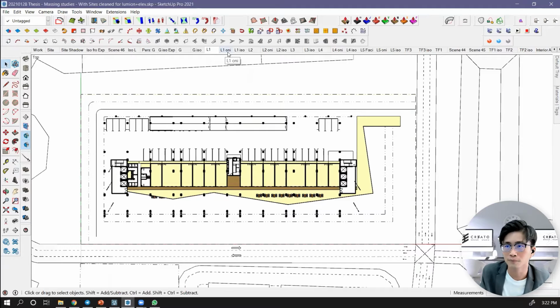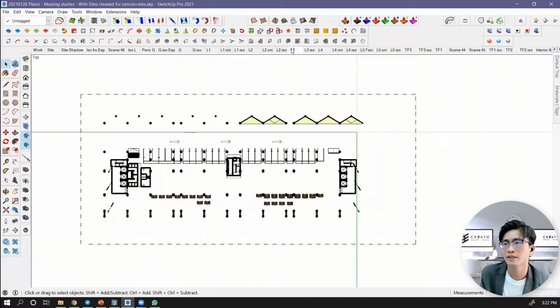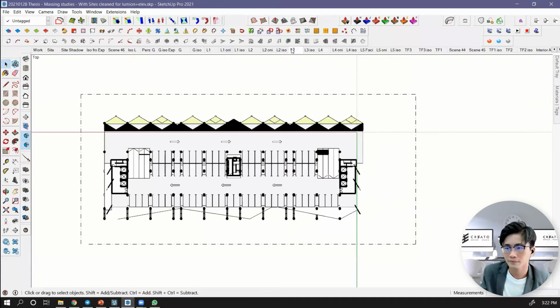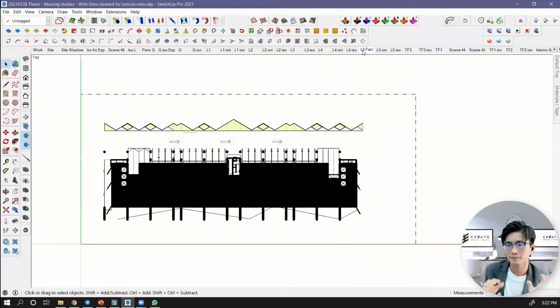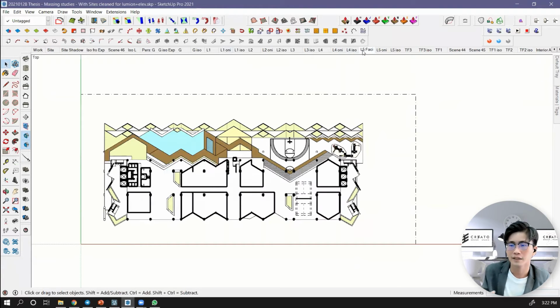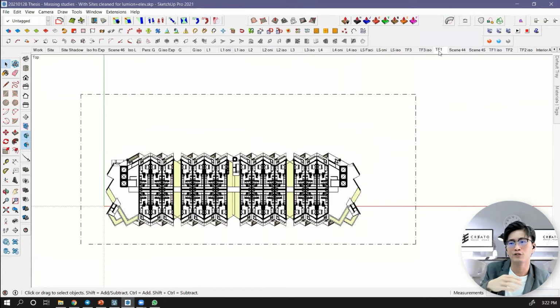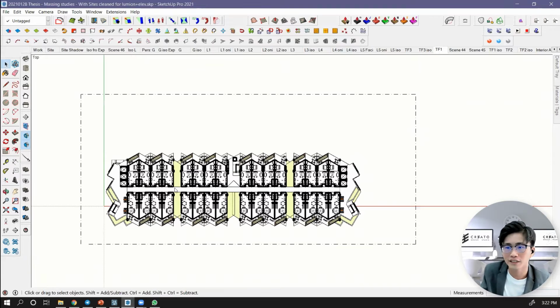Also perfect, at the same angle, same position. And my parking level. I skip to level 3. And then my facility floors, maybe level 5. And then my typical units, maybe level 21.